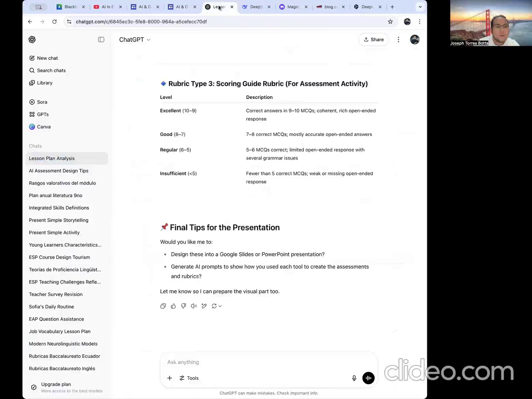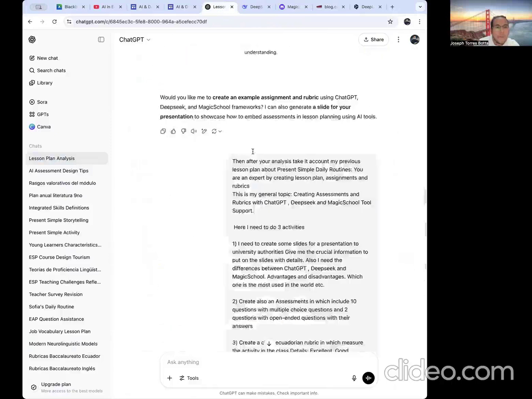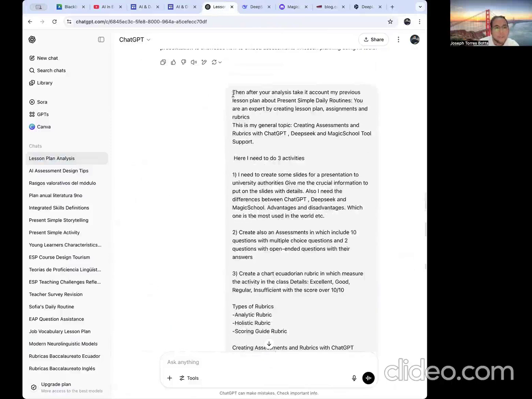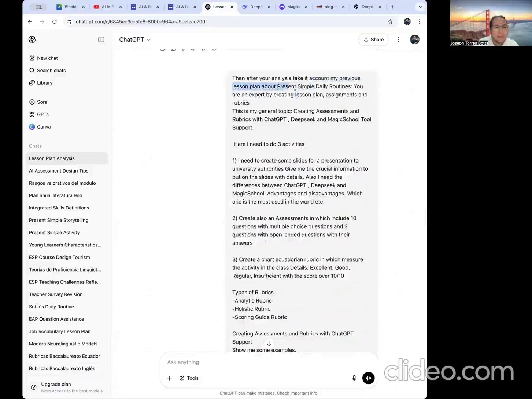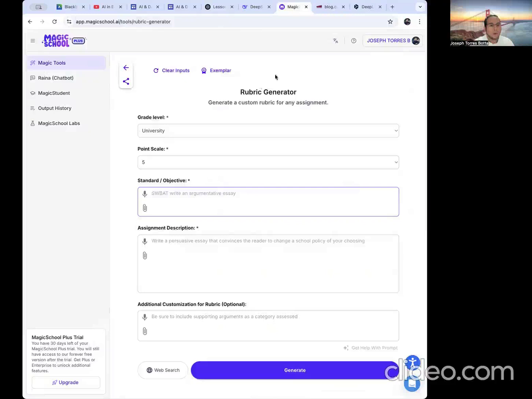Let's go with the previous information, the ChatGPT. I just need, of course, the prompt, because this is the one that I'm going to put here. So let me write here: lesson plan about daily routines. I'm going to put it here because he is going to give me the information. It's just about present simple daily routines, right? And then